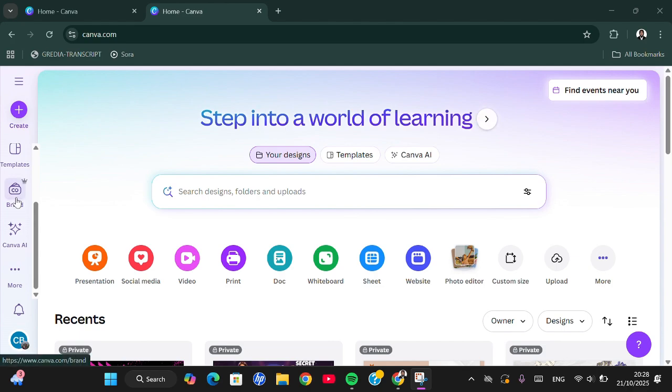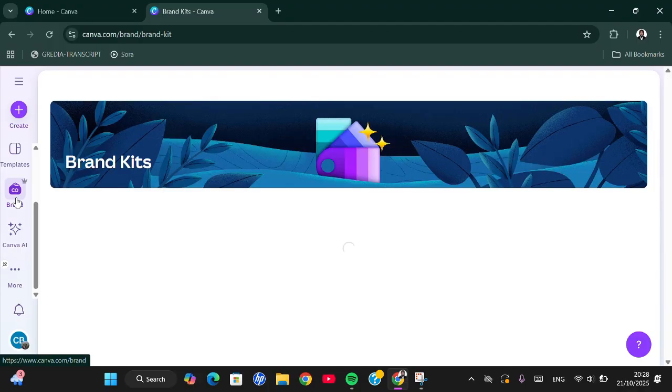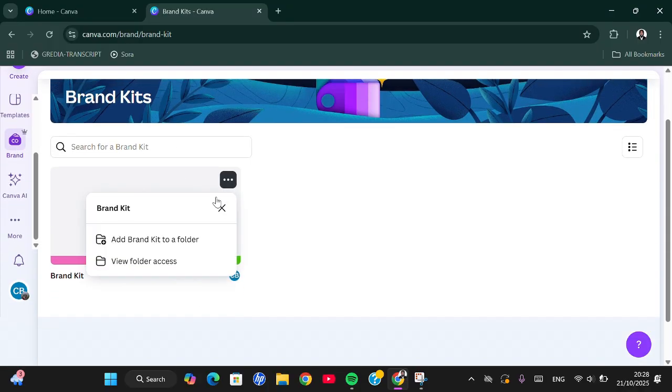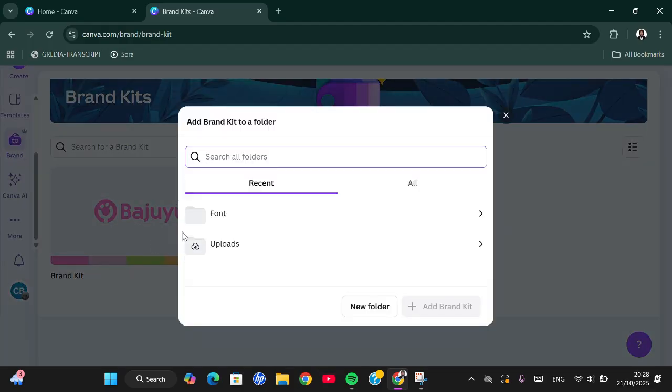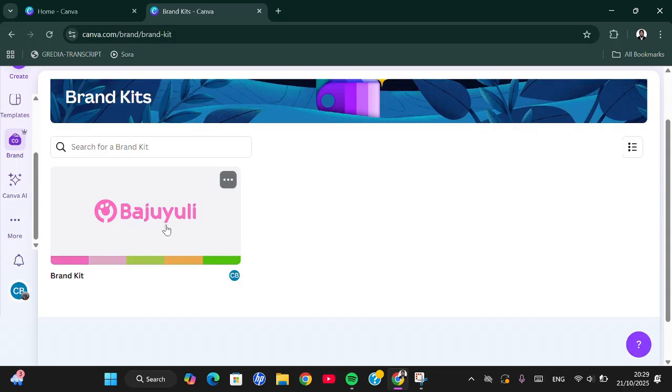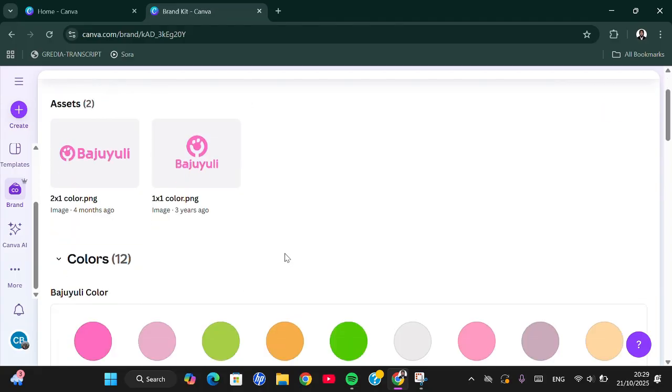The first one, you can go to the brand, okay, right here. And then you need to click on the three dots and click on add brand kit to a folder. Okay, and I'm going to add this brand kit to this folder. Okay, oops, this folder already contains a brand kit, and then you can click on the brand kit, and here